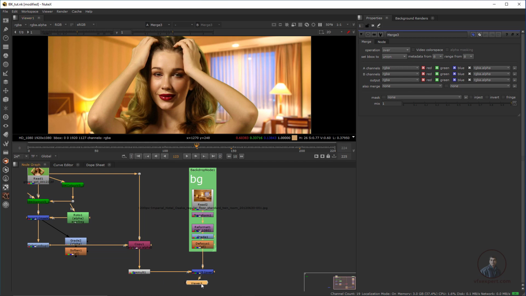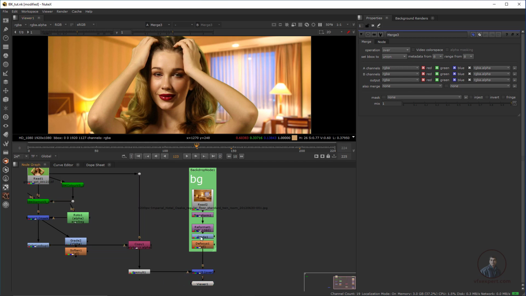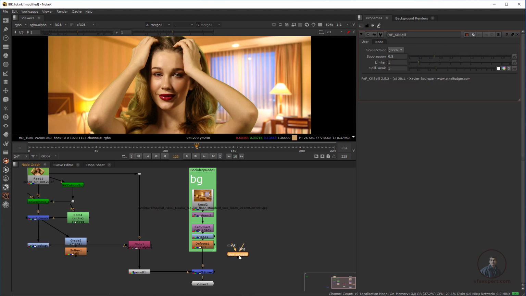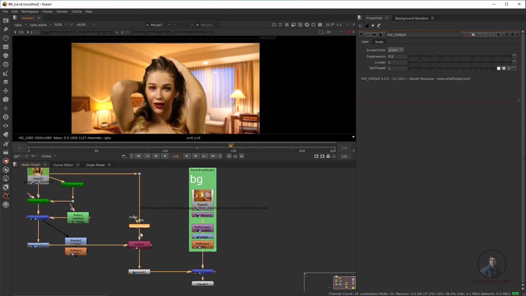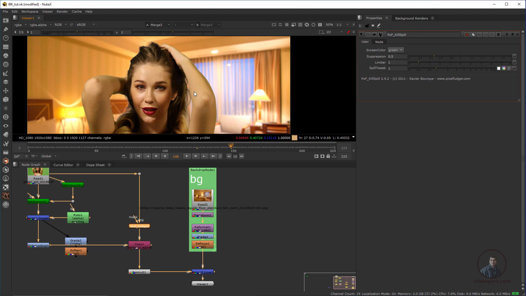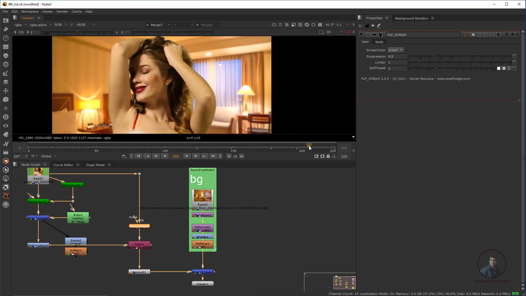You can easily remove it with the help of HueCorrect, or you can also use PKill Spill suppressor. Okay, so you can see here this one, PKill Spill. This is actually free, you can download it from nukepedia.com. If you want, you can also use this one. Just click here and attach it before this Copy node. Now you can see here, I think this is looking good. All the green pixels are removed by this Keep Spill.